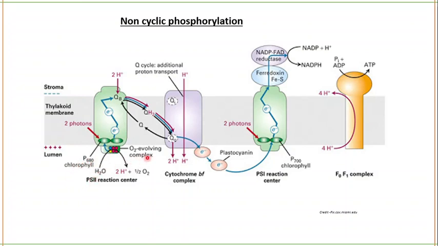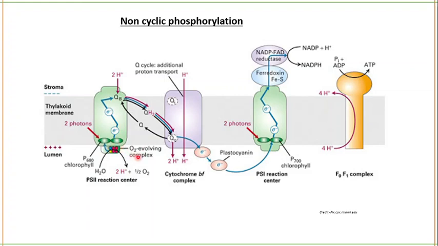There will be the presence of an oxygen evolving complex. This oxygen evolving complex consists of manganese ions, 4 manganese ions, along with calcium ions, chloride ions and bicarbonate ions. Manganese ion, calcium ions, bicarbonate ion, chloride ion, and also manganese stabilizing proteins will be there. But the function of all the other ions is not clear. Manganese is mainly involved in the photolysis of water. 4 manganese will be transferring 4 electrons.